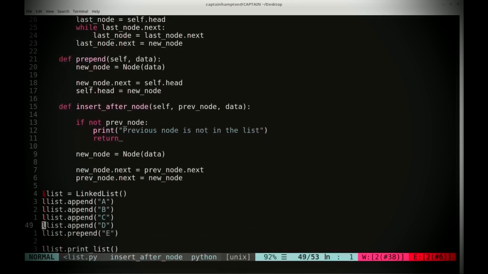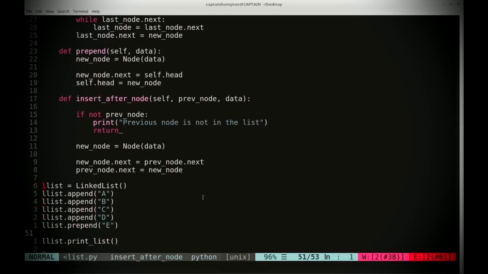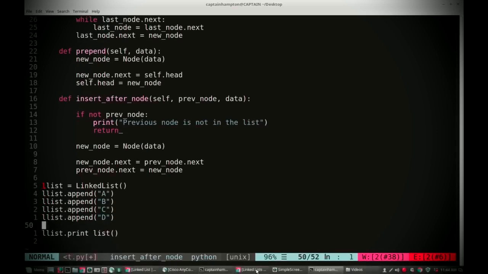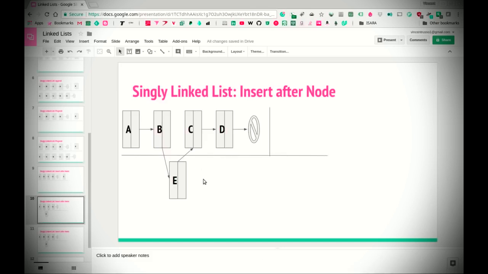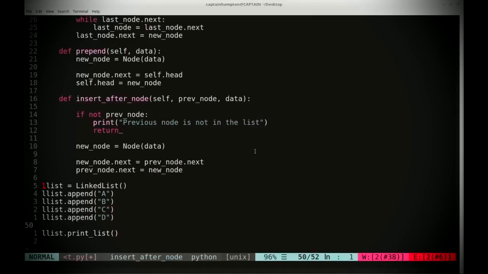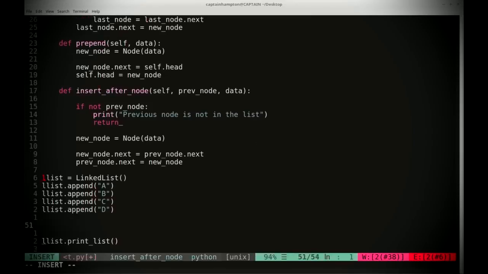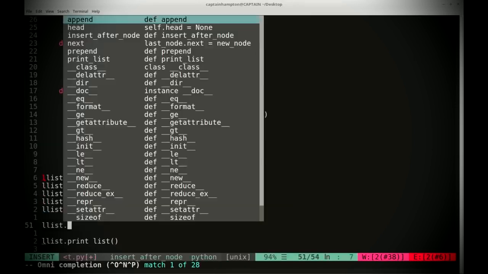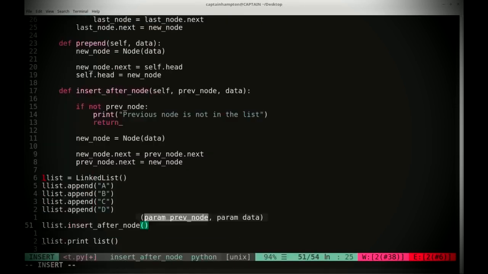So let's go ahead and try that out. So let's try to get rid of this. And what we want to do is we want to have a list that looks exactly like the one that we've created here. So let's say that we give it the previous node of B, and we want to insert E in between, just like we've done in the picture. So what we'll do, we have the list there, A, B, C, D. We'll say list.insert after node. We'll give it,